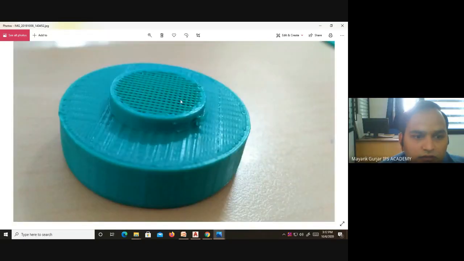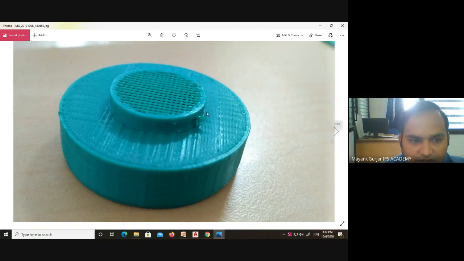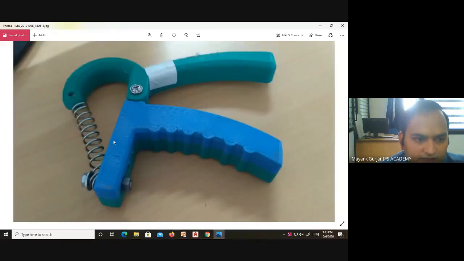The infill ratio which I am talking about is this. The inside of the structure will be honeycomb or linear or something like it. This we have printed and made. You can see over here that we have printed in both colors. It happened incidentally, but we can do it also.